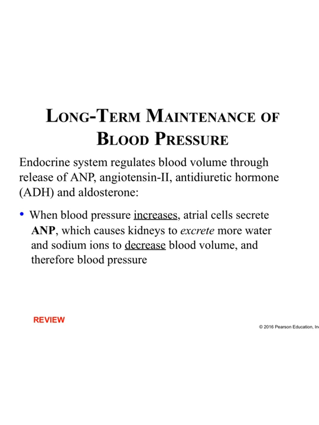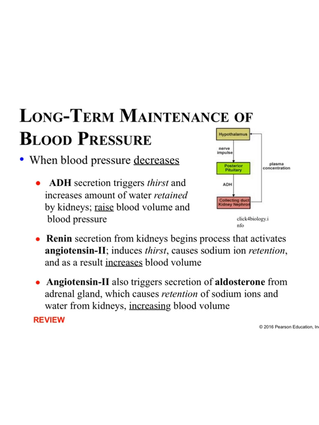So the endocrine system can help regulate blood volume through 2 different primary systems. So ANP, this should be a review. When blood pressure increases, cells in the right atrium release the atrial natriuretic peptide. So this is going to be when pressure is too high. This is going to make the kidneys lose more water. Also, they're going to decrease the amount of sodium. Both of those are going to increase the amount of urine, so decrease blood volume and therefore decrease blood pressure. Should be a review as well.